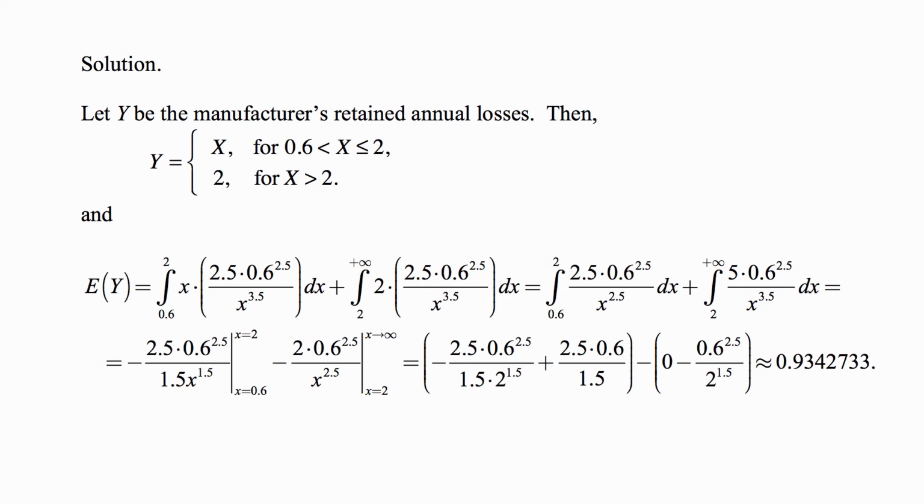And we subtract that, but there's a minus sign there, so it becomes a plus. And then the other quantity, as I said just a moment ago, at infinity, that's 0. And if we plug in 2, we get 2 times 0.6 to the 2.5 over 2 to the 2.5. But of course, 2 divided by 2 to the 2.5 is just 1 over 2 to the 1.5 power. And now we just calculate all these, and we get approximately